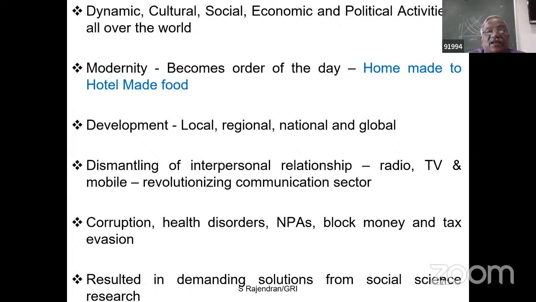But nowadays, what is the trend? If you are not taking your family out once in a week, you are branded as the traditional guy. In other words, the homemade food has been shifted to hotel-made food everywhere nowadays. And of course, we are paying a heavy price for that. And not only economists, not only the food scientists, not only the consumer behaviorists, the psychologists, everyone is worried about this kind of adverse changes.